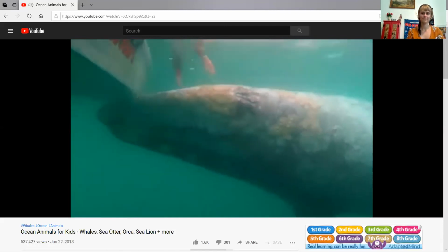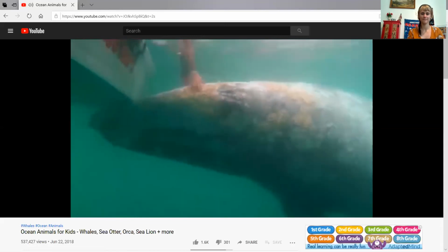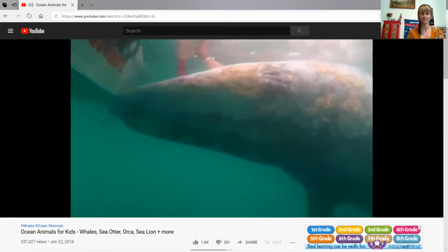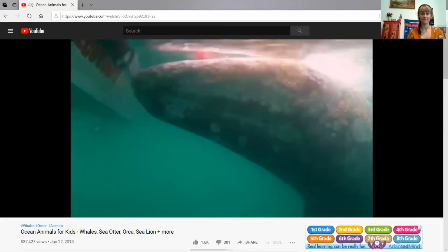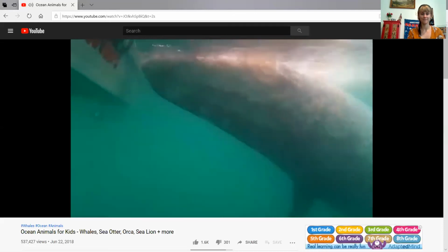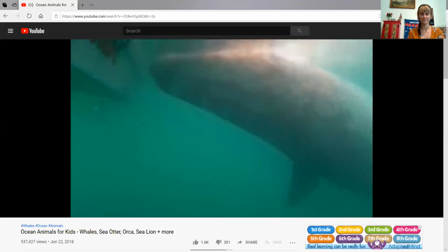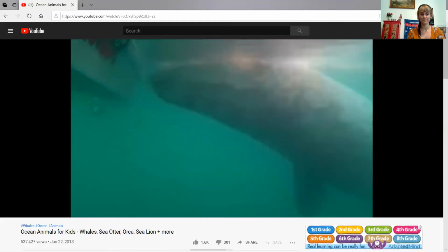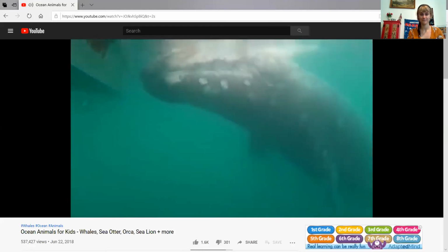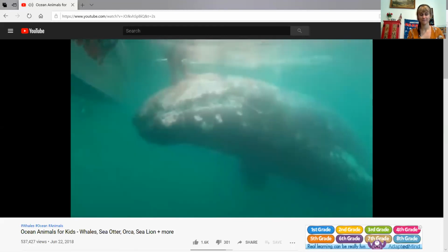The gray whales grow up to about 15 meters and weigh about 40 tons. This is another baleen whale. It eats by snuffling up small creatures from the bottom of the ocean and then filtering them using the baleen plates in its mouth. Gray whales travel long distances every year, up to 11,000 kilometers.